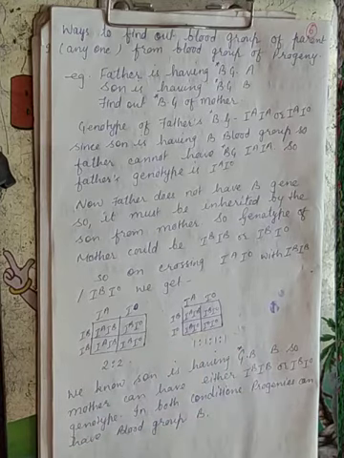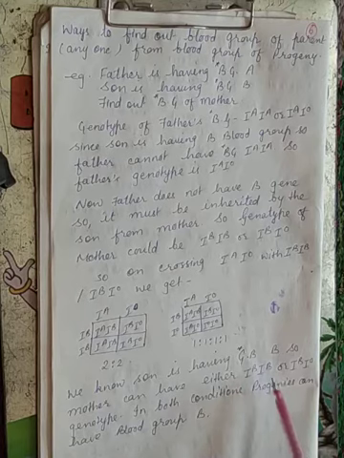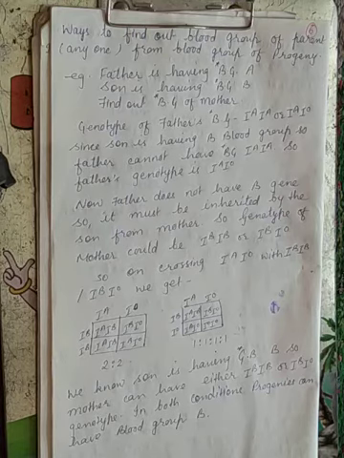Okay, so we know son is having blood group B, so mother can have either IBIB or IBIO, that is homozygous B condition or heterozygous B condition genotype. In both conditions, progenies can have blood group B. So in this way we can determine the blood group of the progenies.